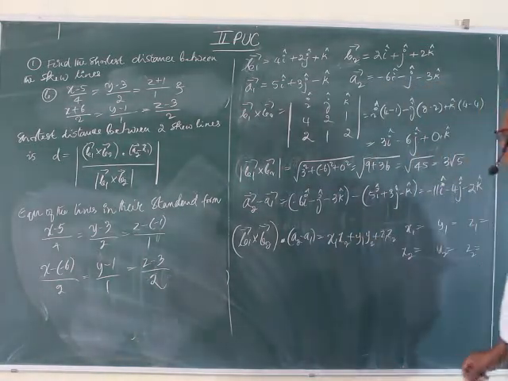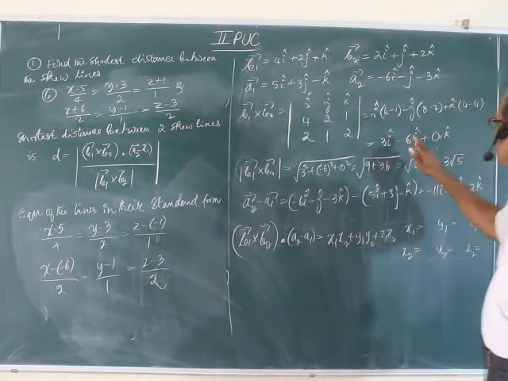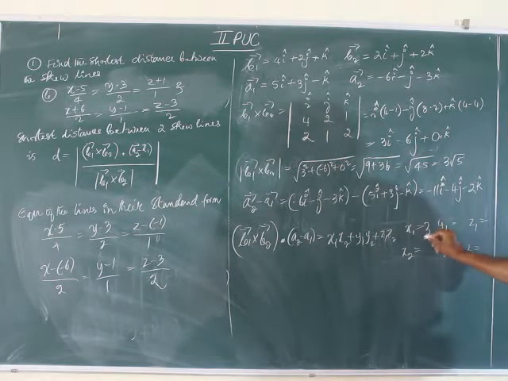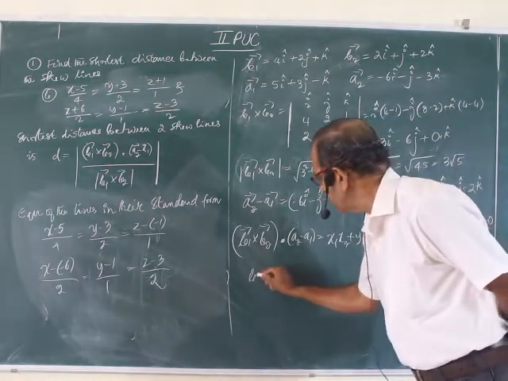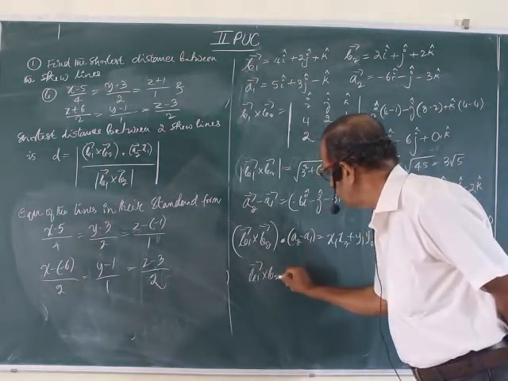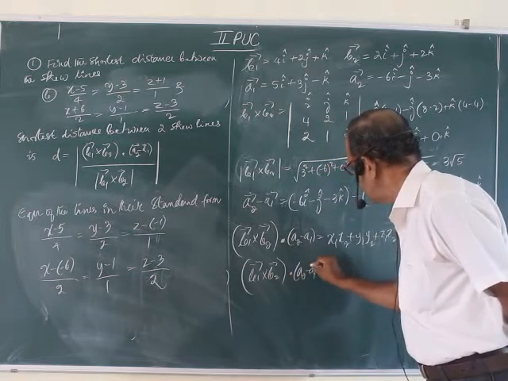So B1 cross B2 is 3, minus 6, 0. A2 minus A1 is minus 11, minus 4, minus 2. B1 cross B2 dot A2 minus A1 is